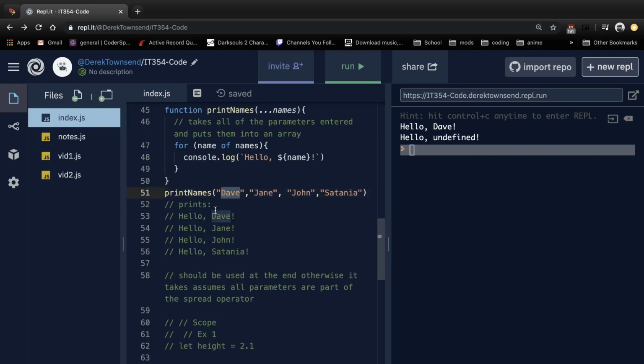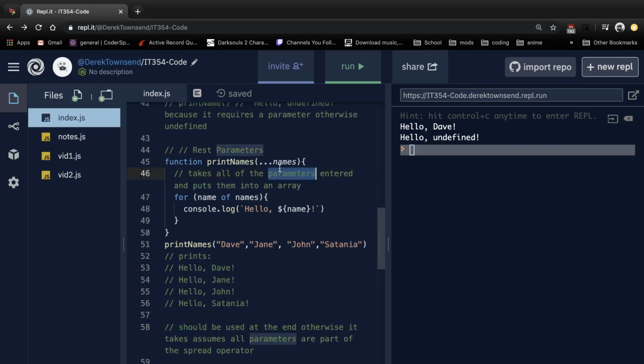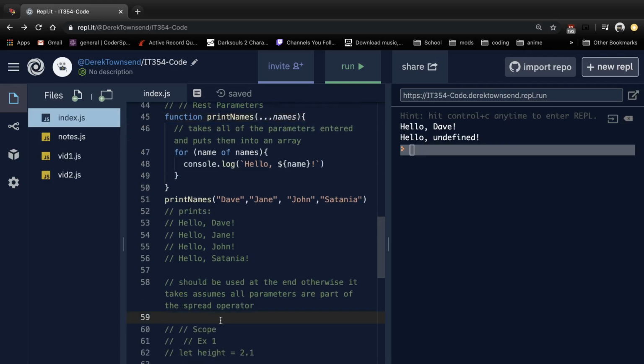So this should print off each of the names right here, like hello Dave, Jane, John, Satania. The rest parameter should also be used as the last thing. It should be the last thing in your arguments. So if we do this again,